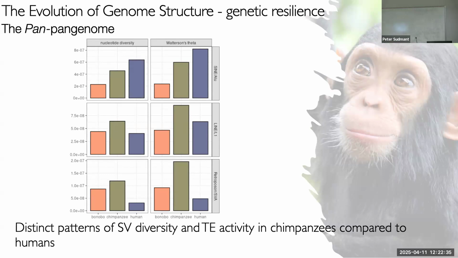So what we would ideally want is a mutation rate: the number of new L1 insertions per live birth, or what have you. But it's very hard to get that, and that could also have changed over time. So basically, this is a statistic that tells us how active these elements are and how active they have been in the population over the last, say, million years or so.